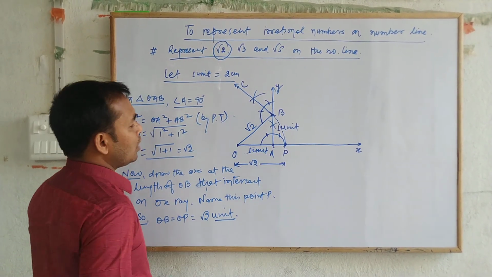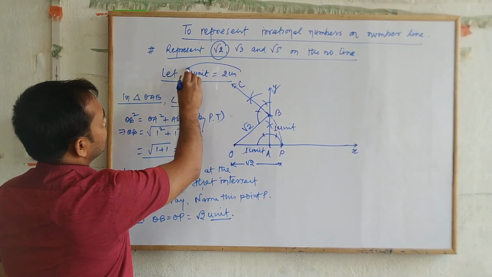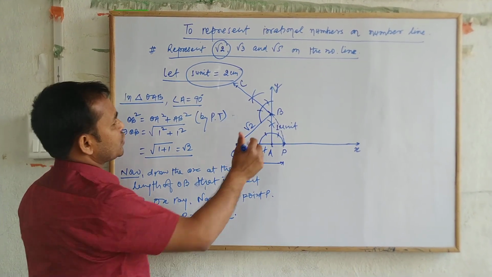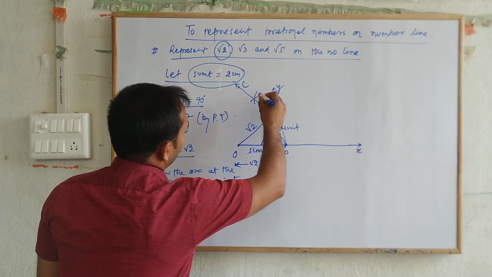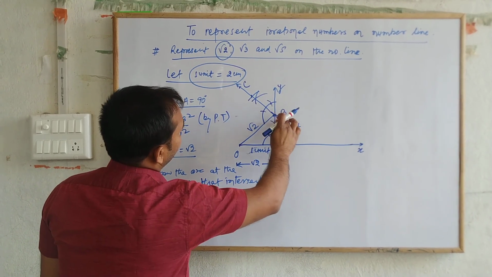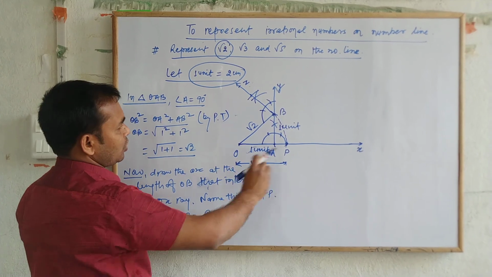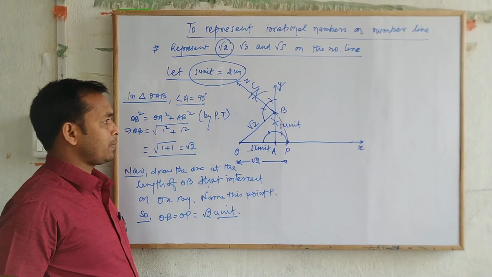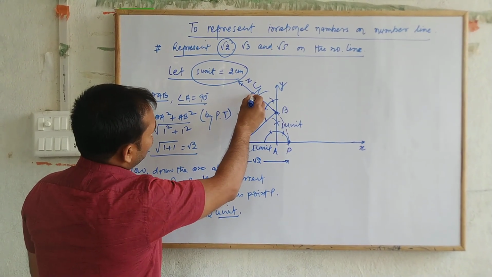Now take 1 unit, and 1 unit is equal to 2 centimeter. So take the compass of 2 centimeter, and from B draw an arc that intersects on BZ. Sorry, write here Z, this will be better because of X, Y and Z. And now write here point C. Okay, and then join O to C.